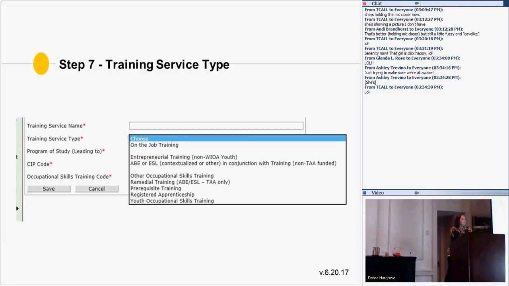So essentially focus on the list at the beginning of the training, not in this drop down screen, but this drop down screen will have the correct training service type. As I mentioned in our last training, there's probably 3 that most trainings will be a part of. But again, if you're uncertain, that's when we have the staff to help you make sure that you're selecting the right one.